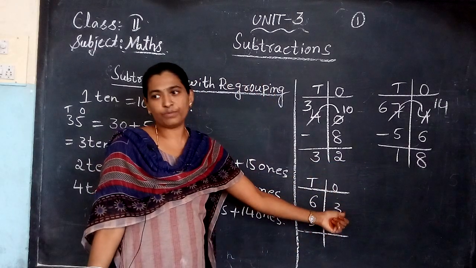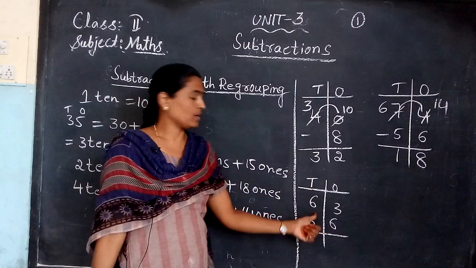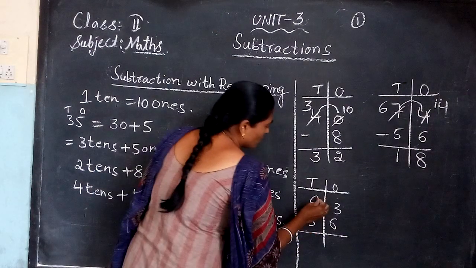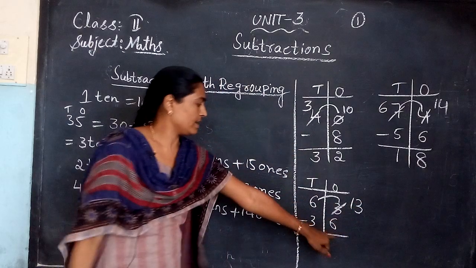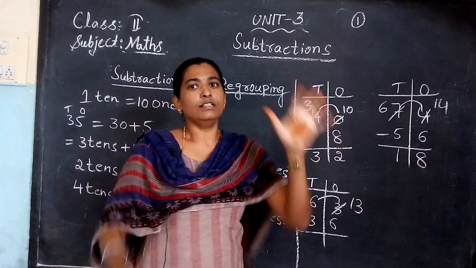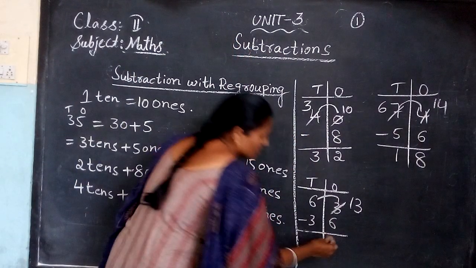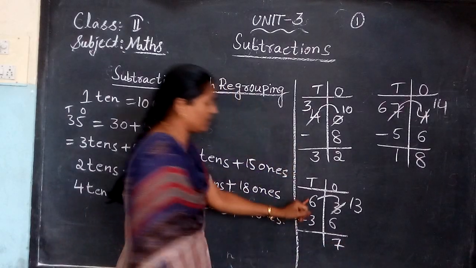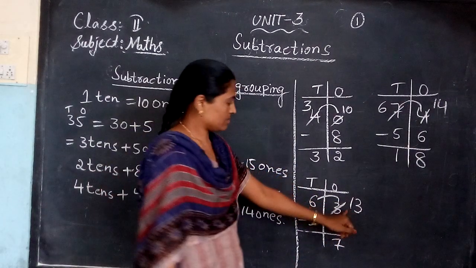Again you tell this one. In the ones column, 3 minus 6 is there. From 3 you cannot remove 6, so take a borrow from the tens column. What did it become? 13. Yes, 13 in the mind, again 6 in your fingers. 13 before 12, 11, 10, 9, 8, 7. Yes, you got 7.